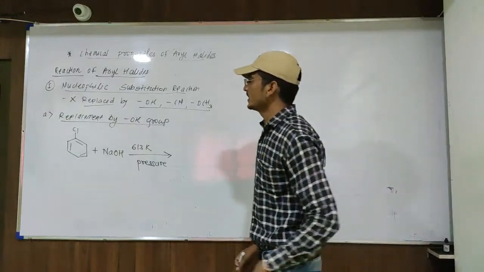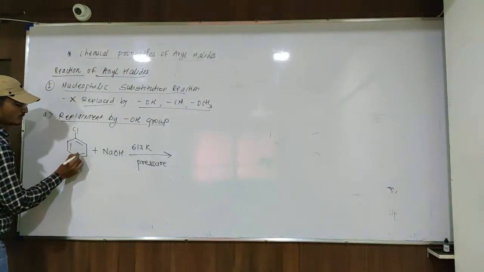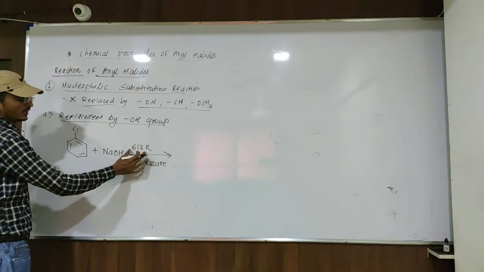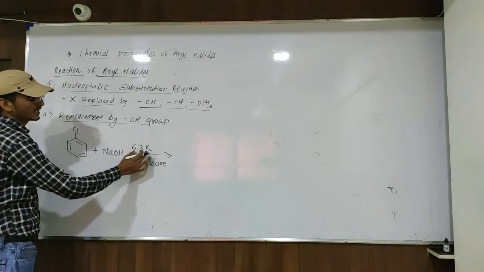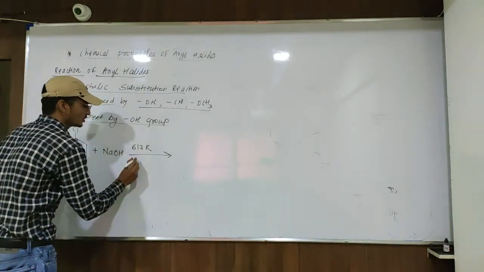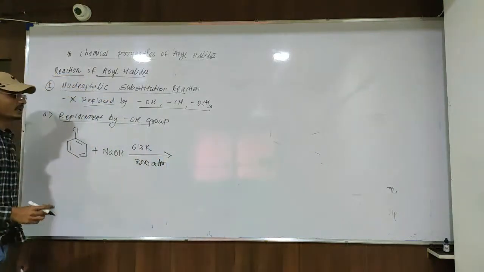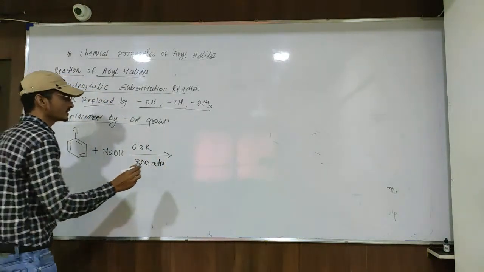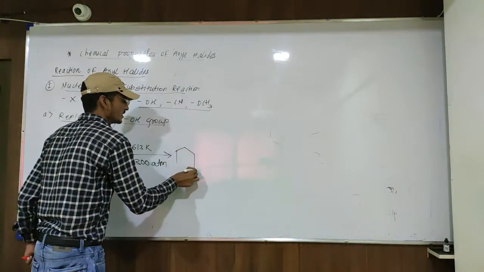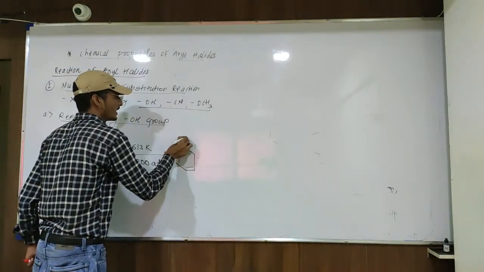When chlorobenzene reacts with strong nucleophile, that is the NaOH, at high temperature 613 Kelvin, and the pressure is near about 300 atm. किती प्रेशर ला रिएक्शन करायची आहे, 300 atm. So what happens is the Cl is just replaced by